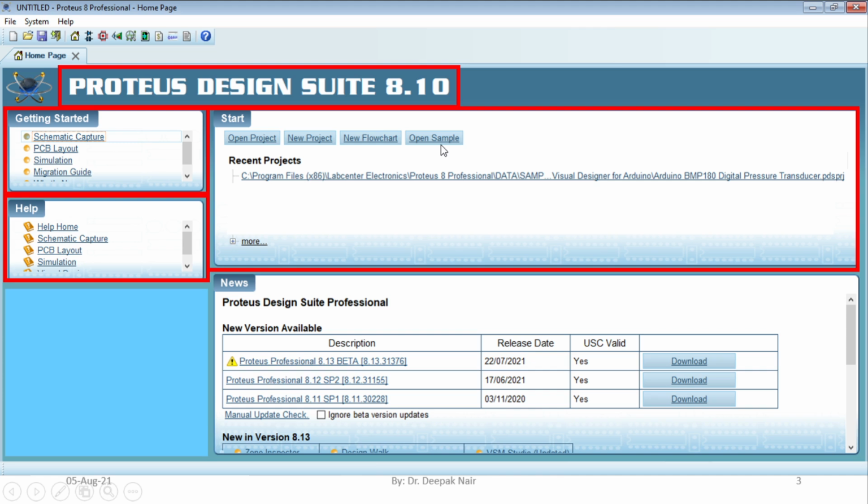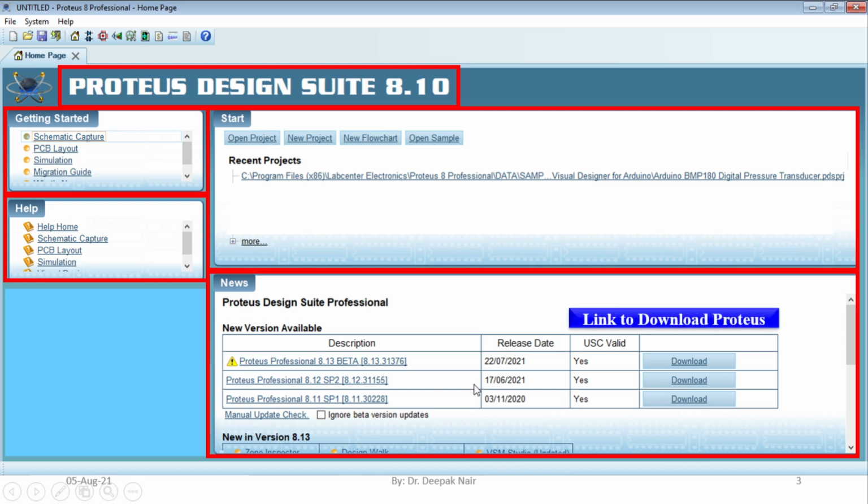This will help you to get started and get familiar with Proteus with some pre-designed Proteus examples. Last but not the least, this window will help you to keep on updating your software if you have the license with you.